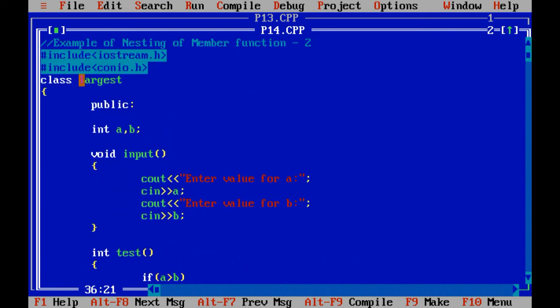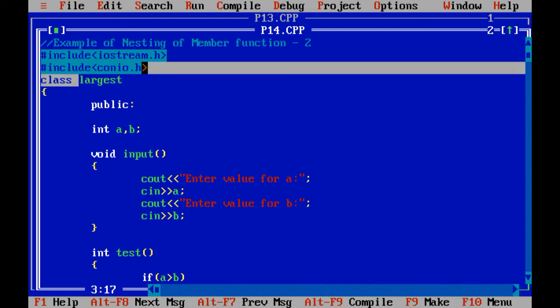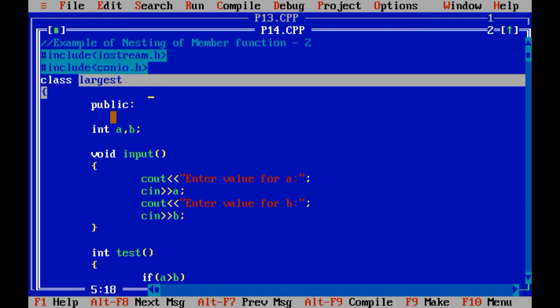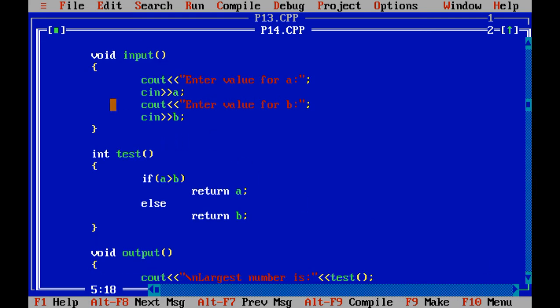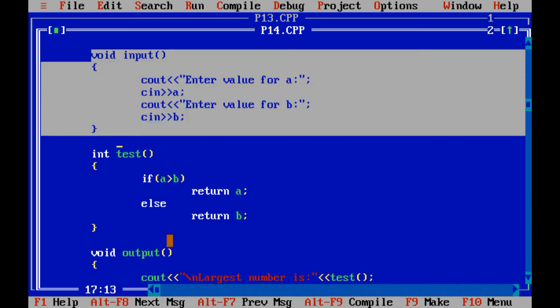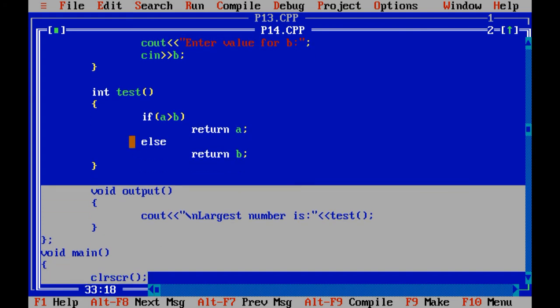I have developed one class whose name is largest, right? And my requirement is that I want to input two values from the user, and out of those two values I need to find out which value is maximum, or we can say largest. So for that I have written three different modules, or three different functions. One is called void input, other is called void output, right?